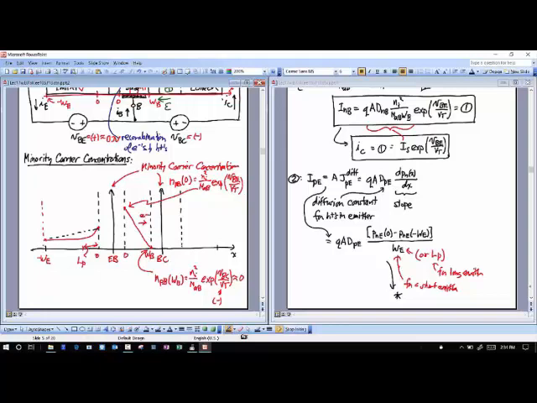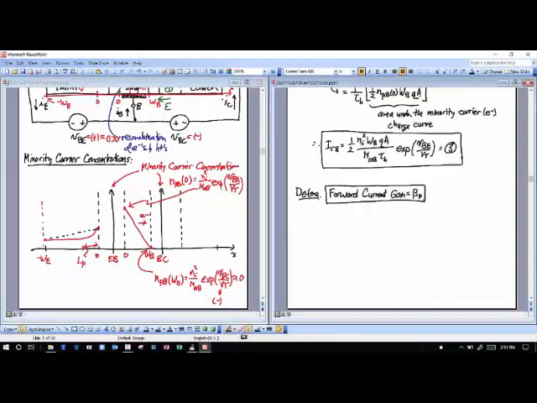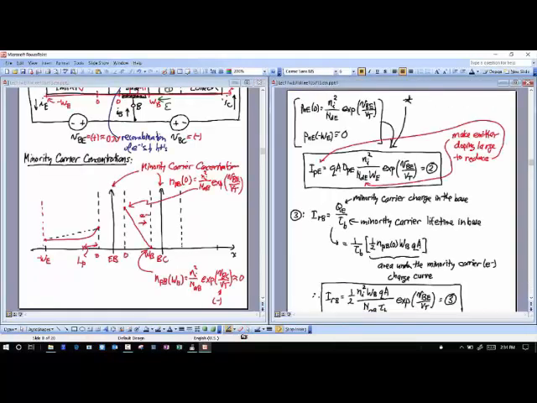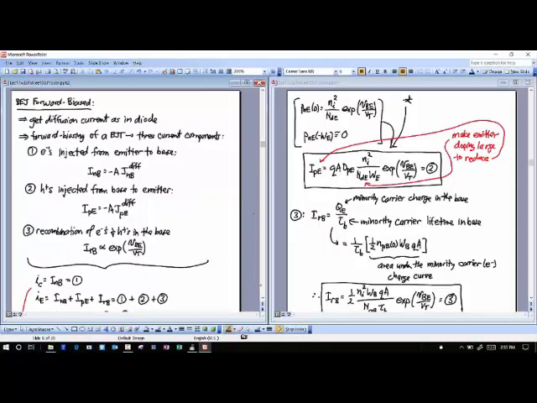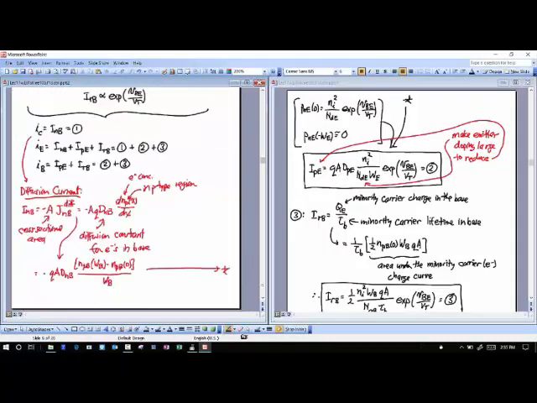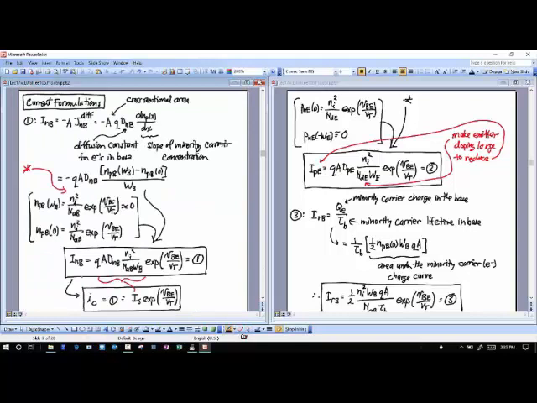Okay, and then I can go on and finish off that math, which you don't want to see me do, so I've done it already. I'm going to end up with a current equation almost identical to the current equation that I had for electrons into the base. So you look at these two equations, INB here, IPE, they're identical equations.